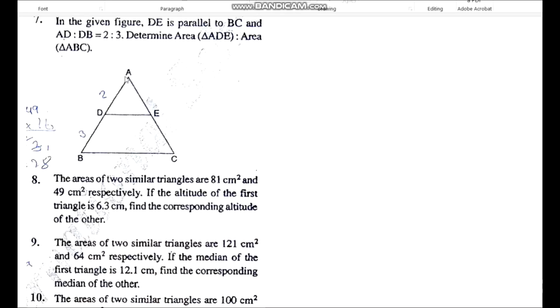Equals to area of triangle ABC. This one and this one. It is very easy. See how we can solve it. Since our question number 7,